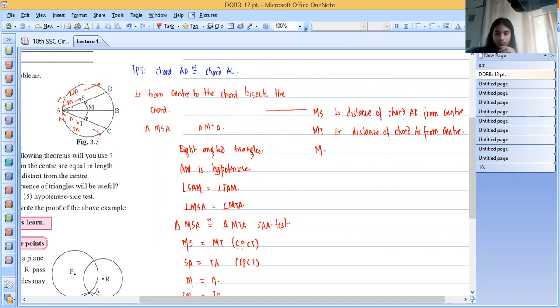So you got MS equal to MT when chord AD is congruent to chord AC. What does this mean? It means that when two chords are congruent, then their perpendicular distance